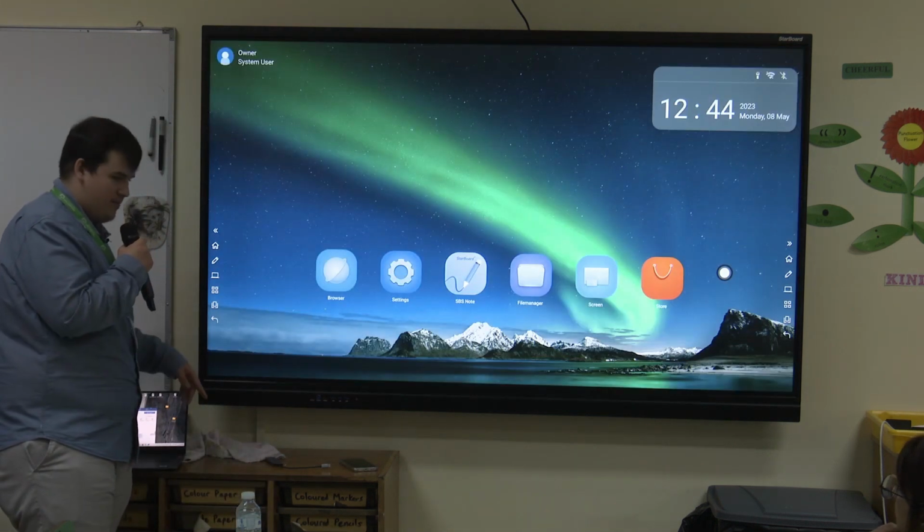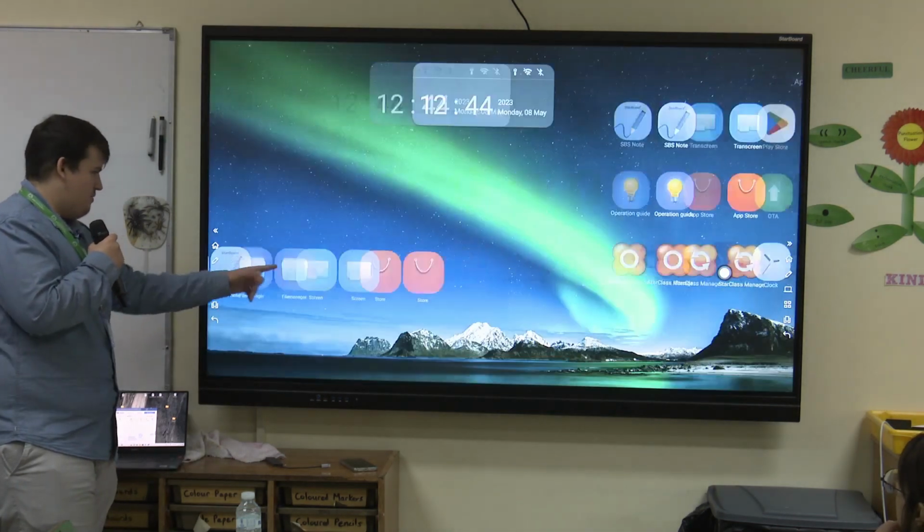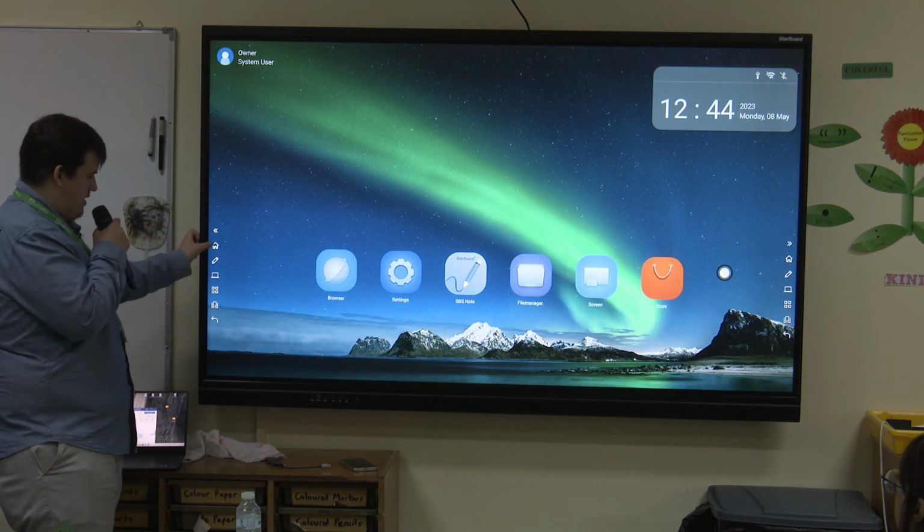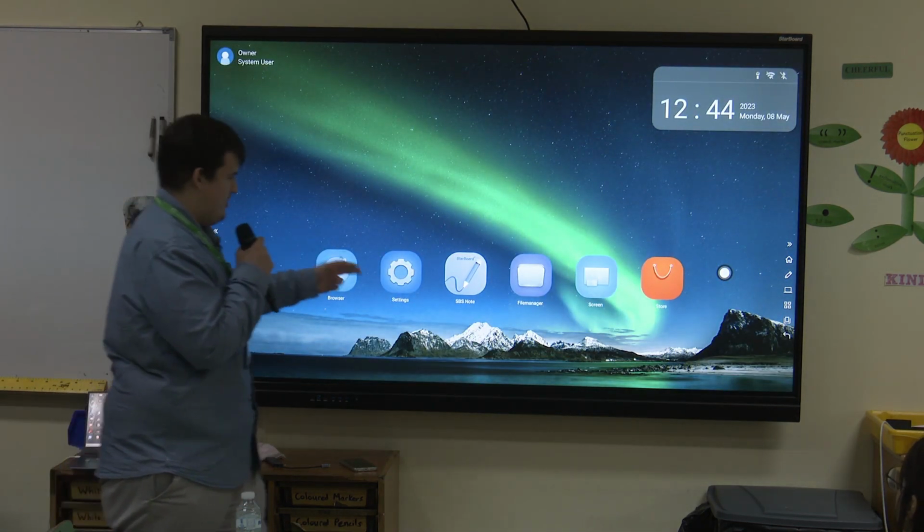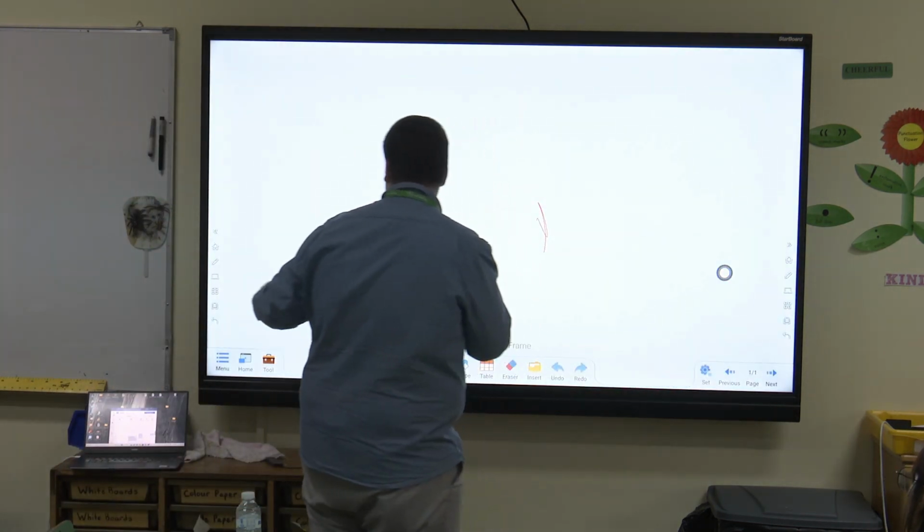You can use the home button here to go home, or a lot of people just prefer using the house icon here, and it will take you home straight away. Okay, so